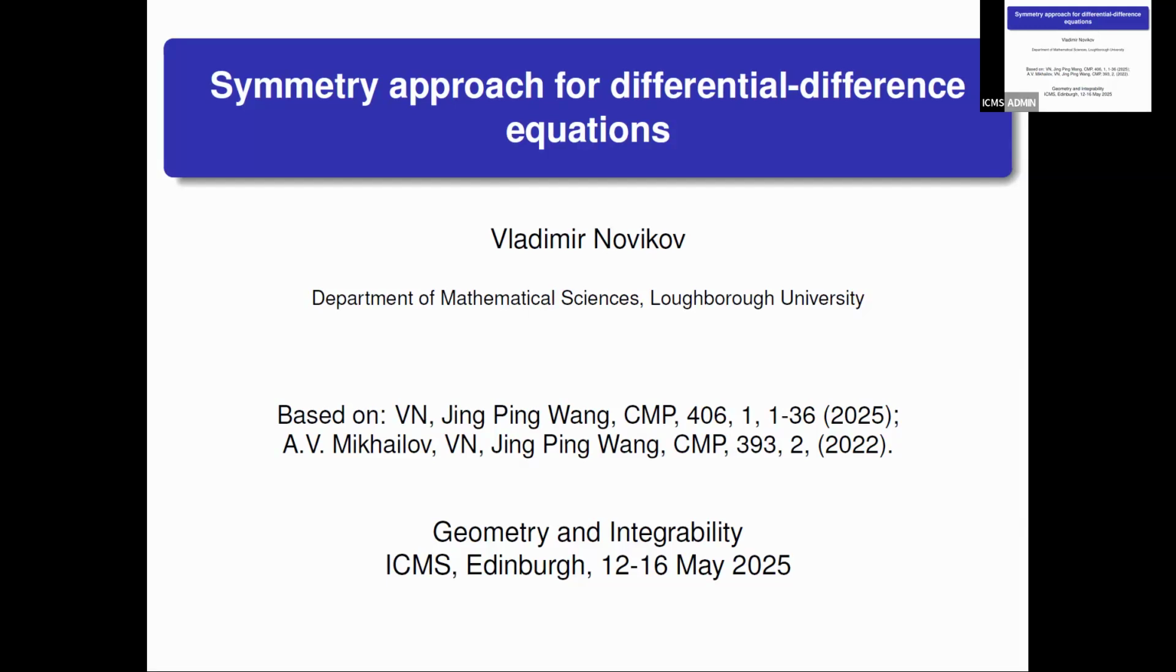I'm going to talk about the program of classification of differential difference equations. And let me first add this bit. What we are going to study is equations of the form u_t equals some function, polynomial or formal series, of u_p, etc., u_q, where u will be